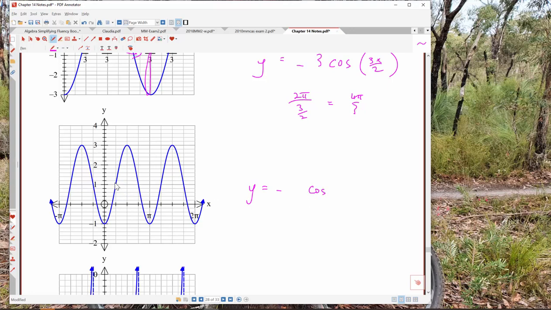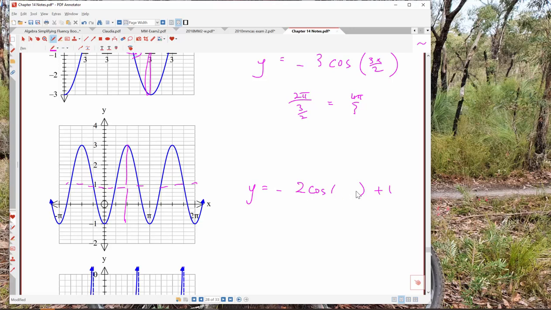Now, what's the amplitude? Well, it's 3 and -1, which means that it has to have undergone a vertical translation. So what's happened is the mean line now is at 1. So this is going to be cosine something plus 1. And we can see there that it goes 2 up from the mean line, 2 down from the mean line,